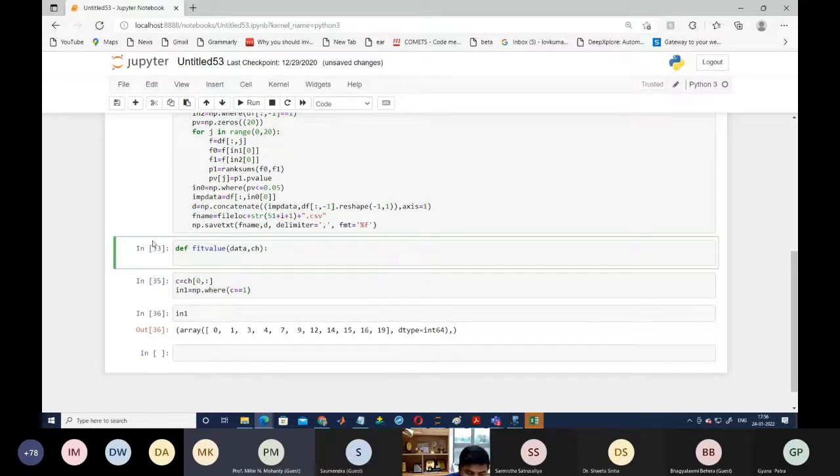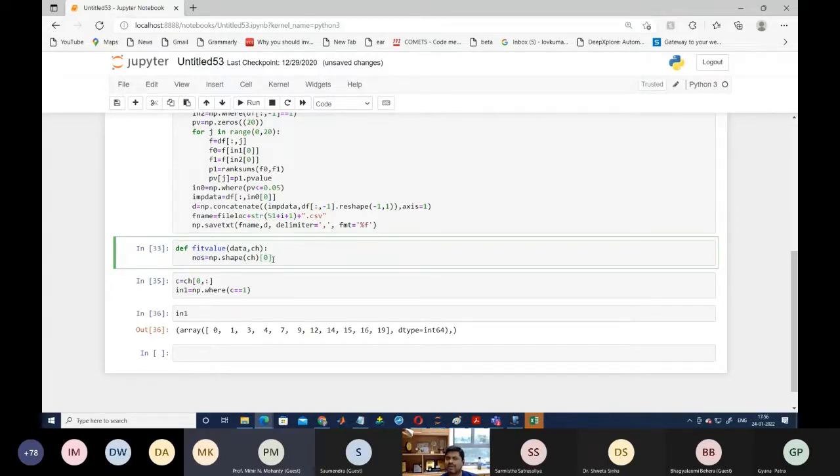First we are going to find the total number of solutions. So NOS means the number of solutions, equal to NP dot shape of CH of 0, which will represent the number of solutions. Here CH means chromosome, that is 2-dimensional, and NP dot shape will give you the number of rows, and each row represents one solution. So we get the total number of solutions equal to NOS.